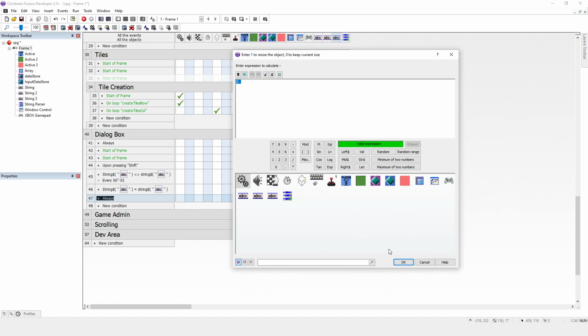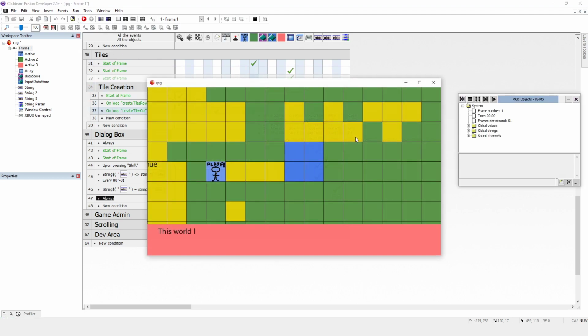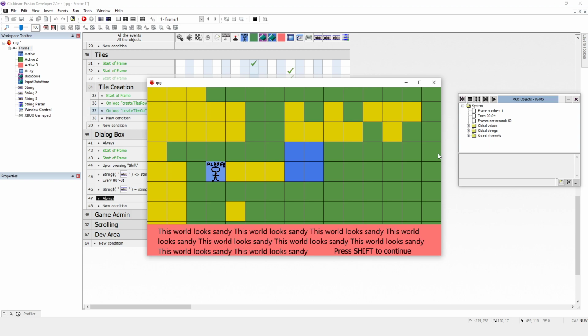Do I want to resize the object? I think I do, yeah. The reason for doing this is, for now, I don't want to have to format string 3 differently to string 1, to the visible string on the screen. I might want to change the font and stuff individually, but at the moment I just want to keep everything the same. So if I run the application now,